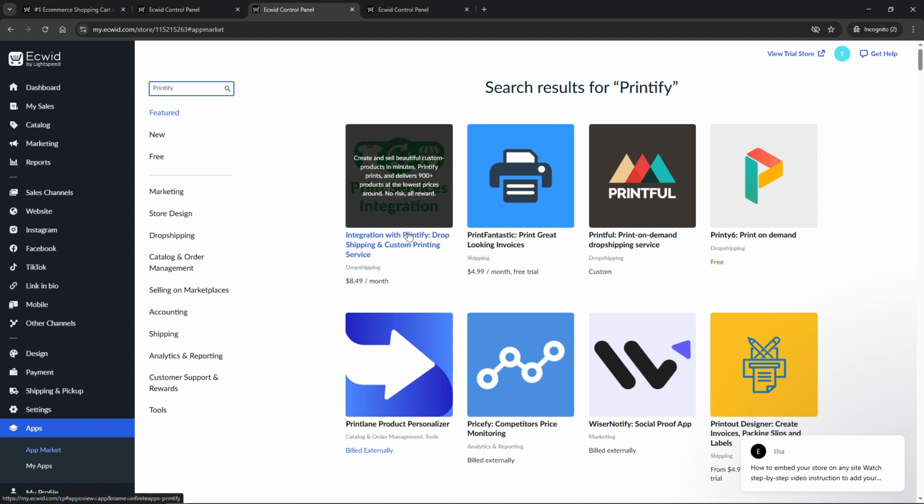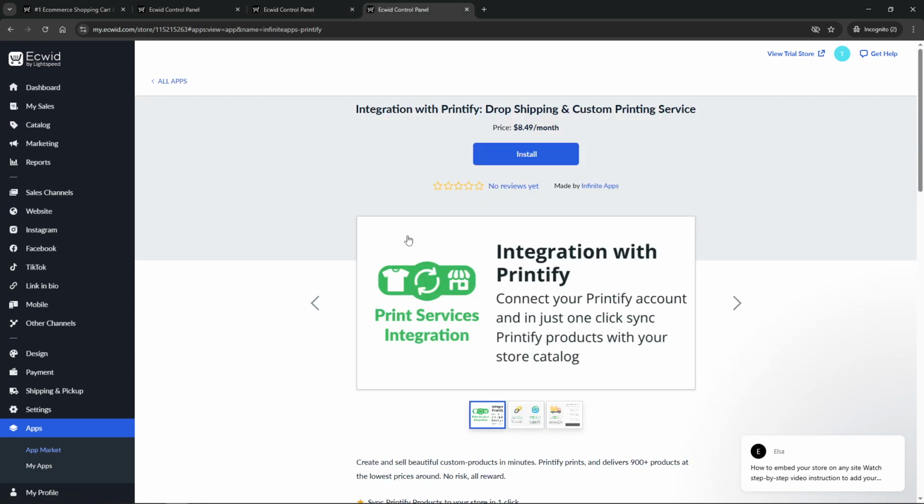Once you've found the Printify app in the search results, the next step is to click on it and then select Install. This part involves following a few prompts. Typically, the installation process might ask for permissions or require you to confirm some details. Don't worry, this is standard procedure when connecting apps, as Printify will need access to synchronize with your store products